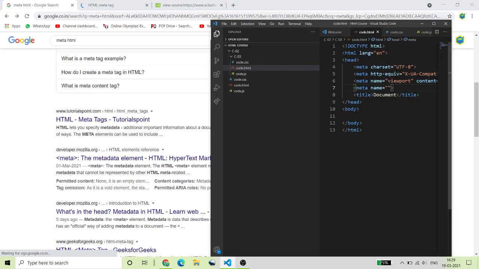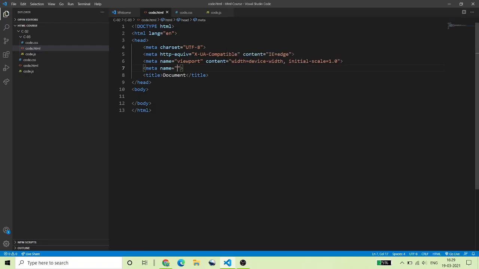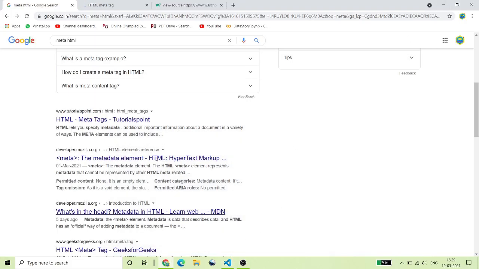So if I want to give a description about a website in this tag, we have to define that this meta tag is talking about the description, and then content means the content inside the description must be entered. This is the meta tag, entered in the HTML head. So it is entered as a description.